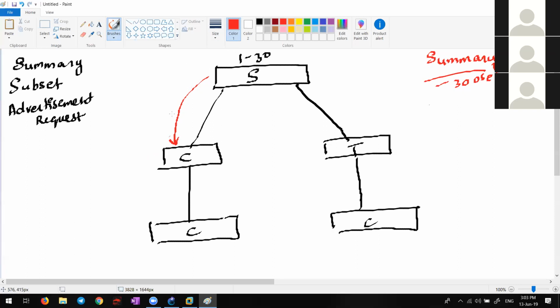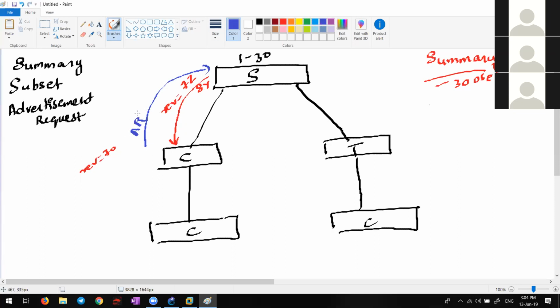Now, let's say the server is sending a summary message where the revision number is maybe 72, and the client has a revision number of, let's say, 70, which means he is missing some of the updates. So when the server sends this summary advertisement, I will write it SY. SY means summary advertisement. When the server sends that, the client will send back an advertisement request to the server.